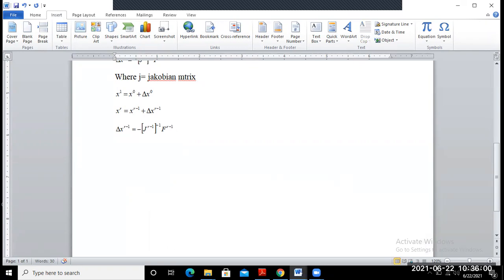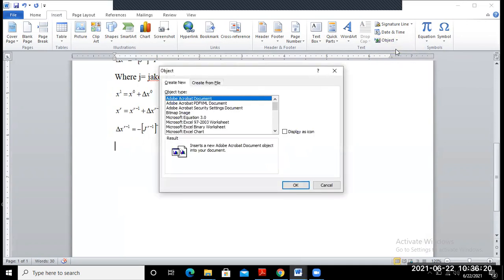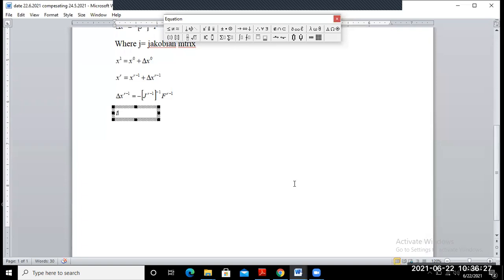So just to match the tolerance value, tolerance value equal to the maximum value of